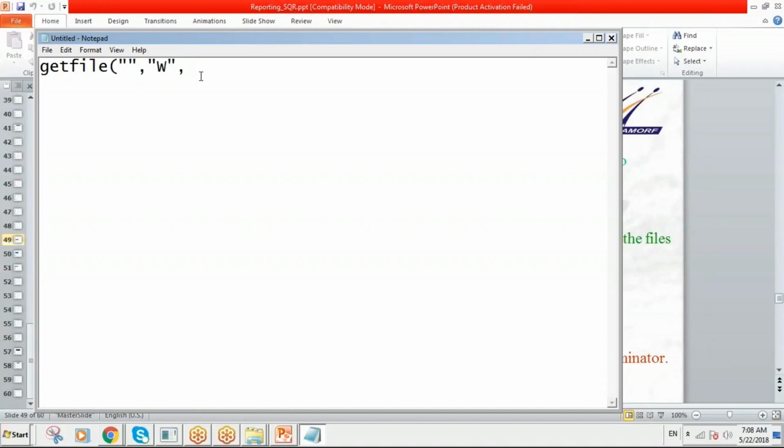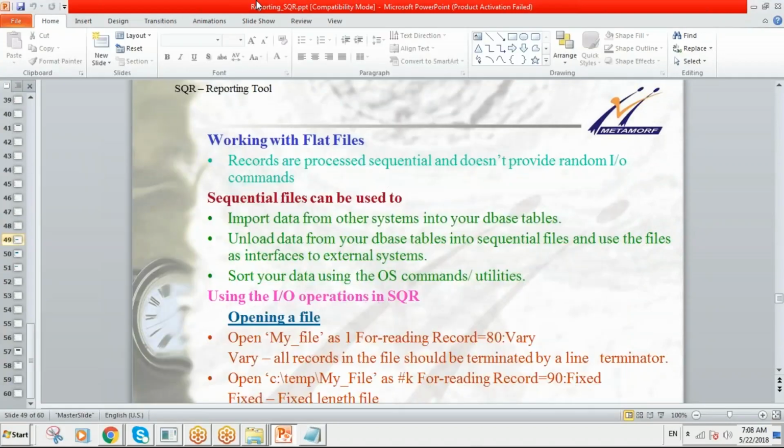That means we are opening the file in write mode within the application engine by using this command. If you are working with a SQR,